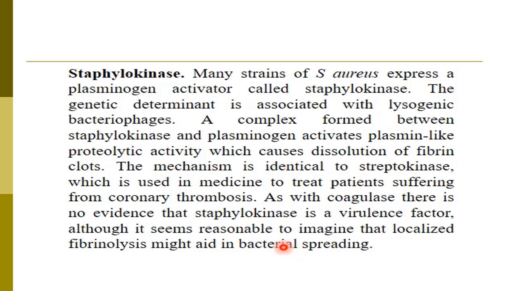Here the enzymes coagulase and staphylokinase may act secondarily. Coagulase forms fibrin, which aids in protecting the staph from other defense mechanisms by formation of fibrin around it. And staphylokinase, which is used for what? For dissolving the clots. Thus, the role of both coagulase and staphylokinase is secondary, and it is considered very important